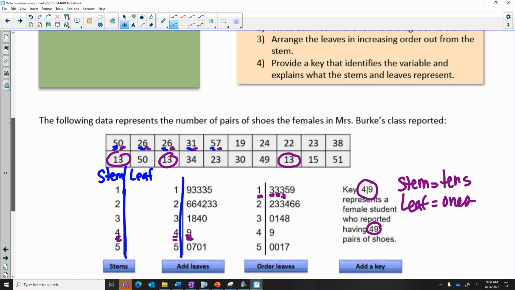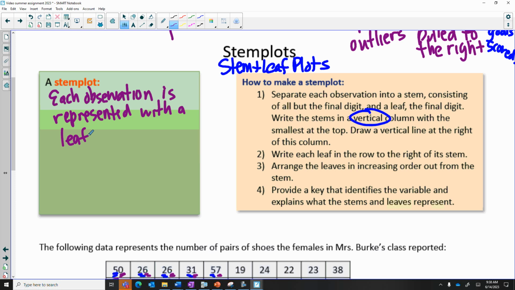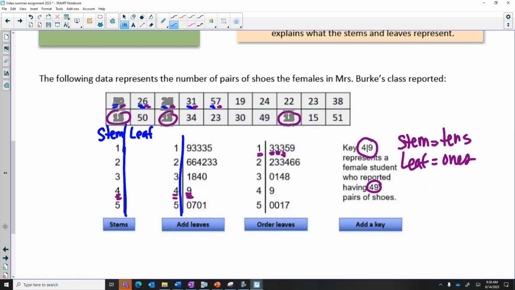And I want to write that down here in the box. Each observation is represented with a leaf. So the stem serves as more than one observation because there was more than one that had a 1 for the first number. There's 13s, there's 15s, and there's 19. But the leaves on the right-hand side, that is what you're really looking at to count up how many people